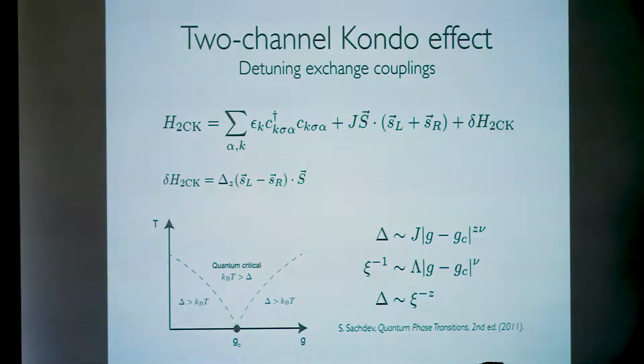If you look in your favorite textbook of quantum phase transitions, usually associated with these phase transitions, you have some energy scale that goes to 0 at a critical point. You have some parameter that you can tune, and there's some critical exponent that is characteristic of the system you're studying, which is the same on either side of the phase transition, although the prefactor might differ and be non-universal. The critical exponent is a universal property of the phase transition you're looking at. And there are associated length scales as well that have their own critical exponents.